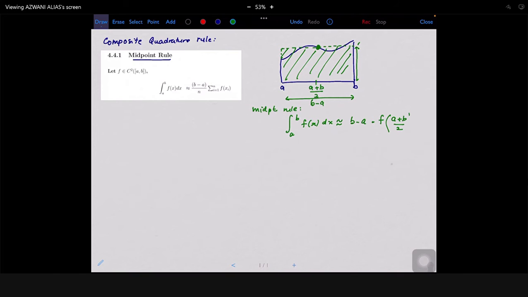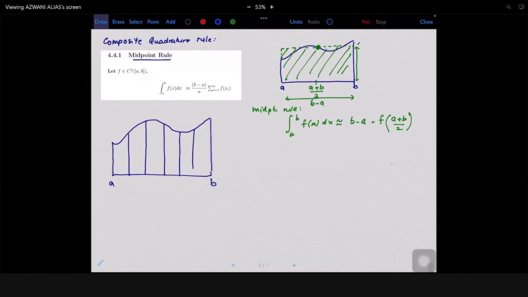Tapi kalau composite, maksudnya dibahagikan kepada beberapa sub-interval. Okay, let's say kita ada graph function from A to B. Okay, from A to B. Dan interval A to B ni let's say dipecahkan kepada berapa sub-interval. So kita tengok berapa kita dapat. 1, 2, 3, 4, 5. Okay. So this is the first sub-interval, second,